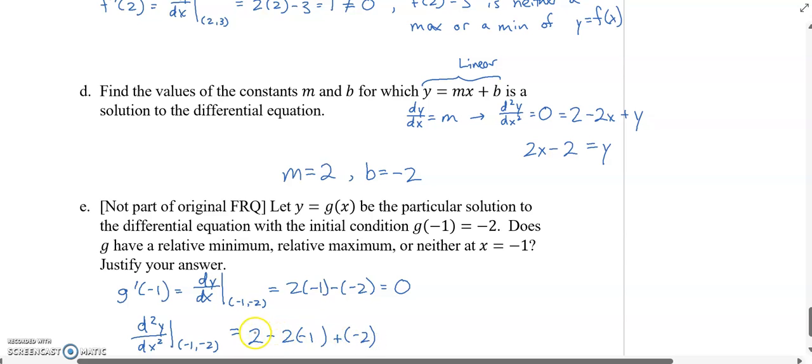And when we evaluate that, we get 2 plus 2 minus 2, which is 2. And that's a concave up graph. Okay? So if we have a slope that's equal to 0 and a concave up graph, then by the second derivative test